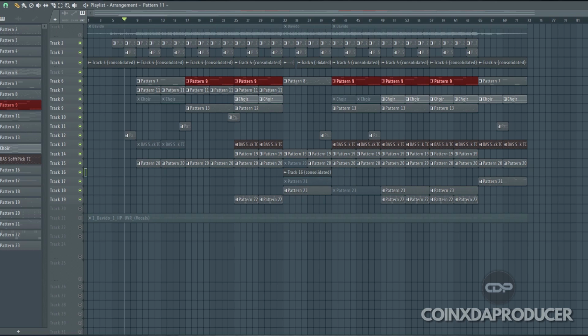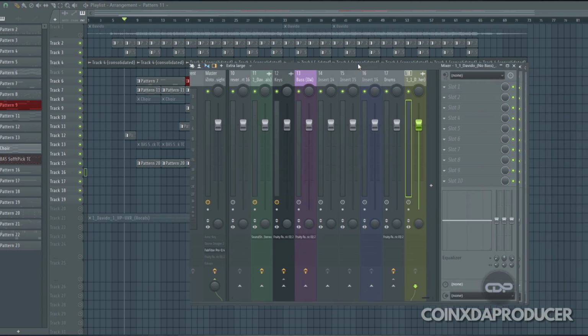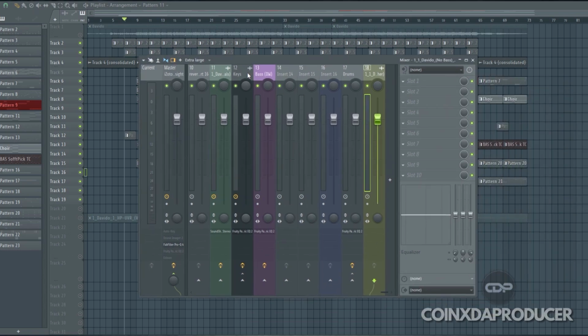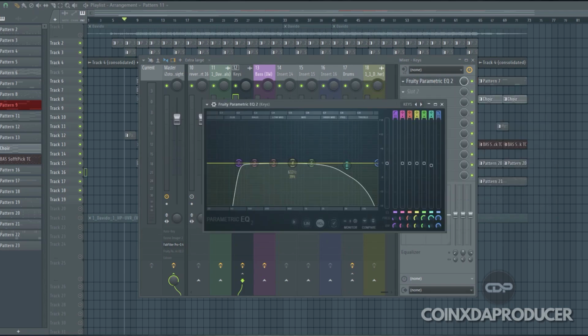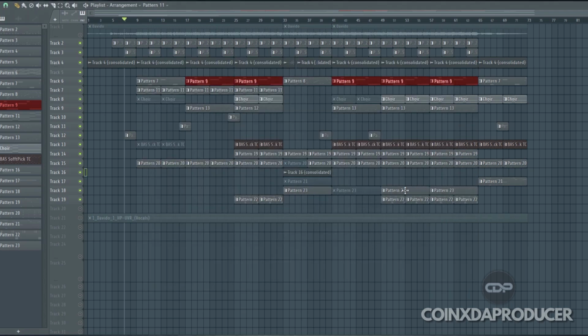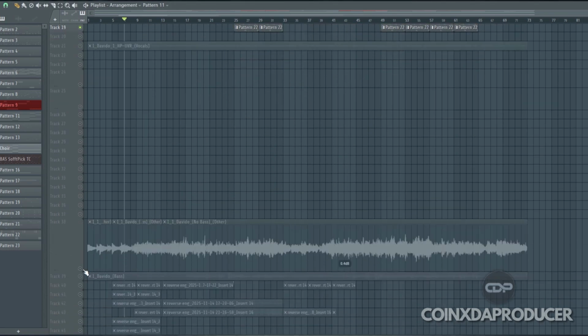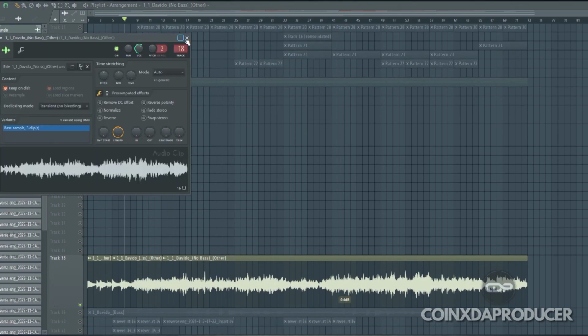So I also tried to program very similar to the video song so that we can easily compare. Another thing I did was I sent everything in a group, like I bussed it. Here you can see the keys, and on the keys there is an EQ. As you can see, I played only the keys from the reference track, which is this one. And when I played only the keys,